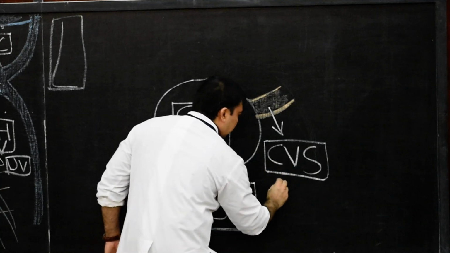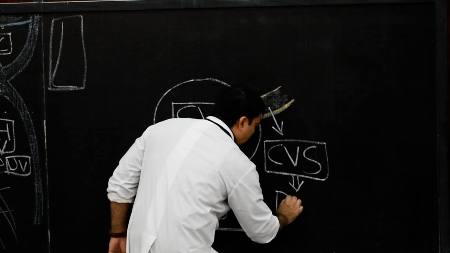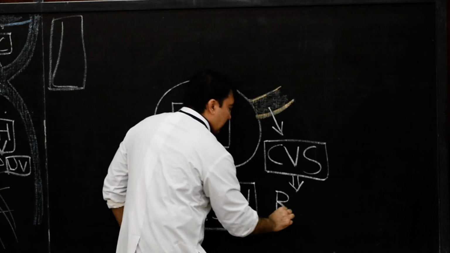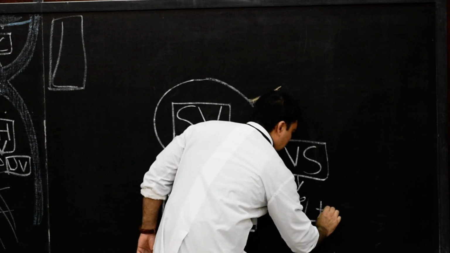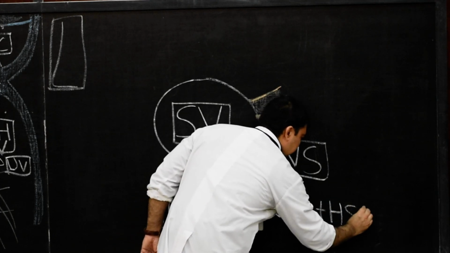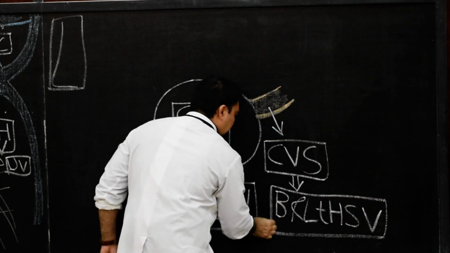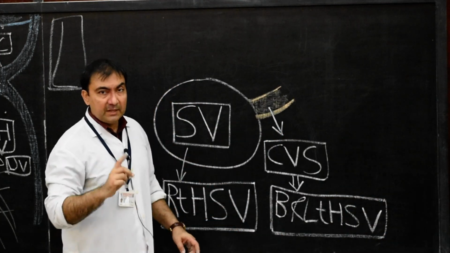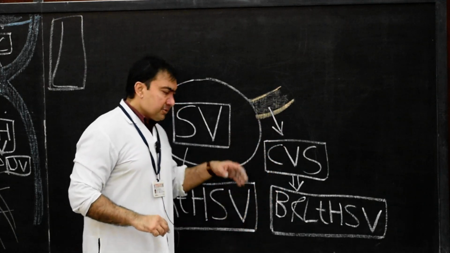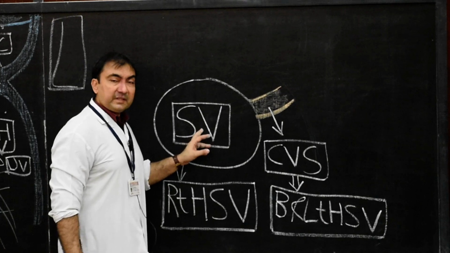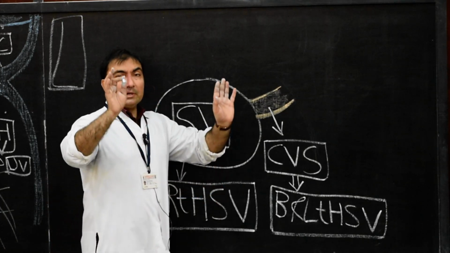And below that I will write down how it develops from the body and left horn of sinus venosus. So the body of sinus venosus and the left horn of sinus venosus will develop into coronary sinus. Please note down. Right horn of sinus venosus will develop into sinus venarum. Now we gradually go upwards.